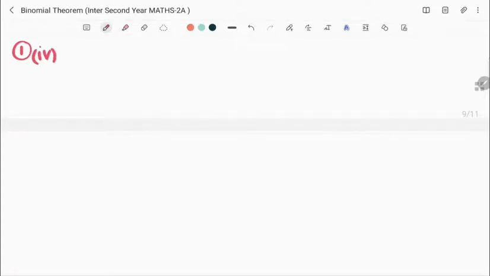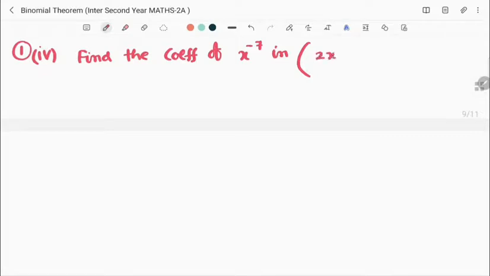So given expansion, find the coefficient of x power minus 7 in (2x square by 3 minus 5 by 4x power 5) whole power 7. This we want. So, as usual procedure, dear students,